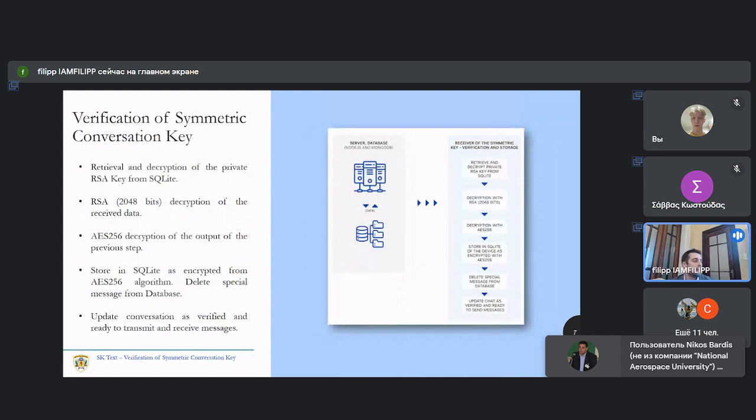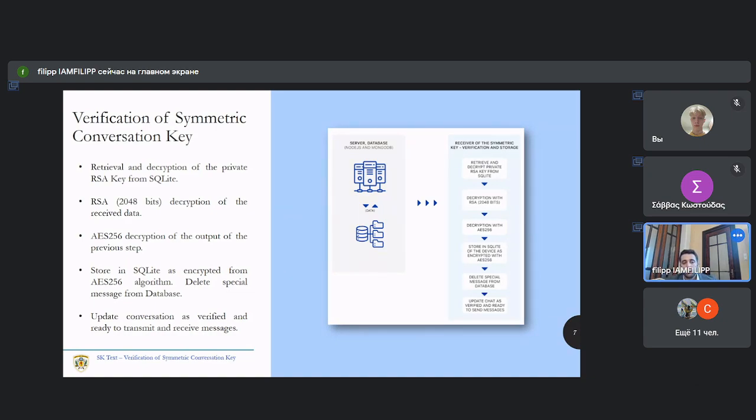Now, we have seen the one end of the creation of a new conversation. Let's see the other end, which of course is the verification of the symmetric key. When the user enters the application, by login or by register, the private asymmetric key is retrieved from the SQLite database of the device and is decrypted.